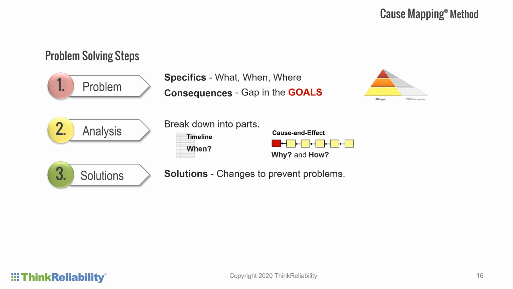Once you understand cause and effect, and you're identifying changes to prevent problems, that is really where the solution options come in, to say, you know what, there are different ways to solve this problem. That is what highly reliable organizations are doing, looking at how do we mitigate risk. There really are degrees of problem solving. A bias that a lot of people have is, what's the right answer? And there isn't a right answer to the problem. There are solutions that in combination can mitigate risk.